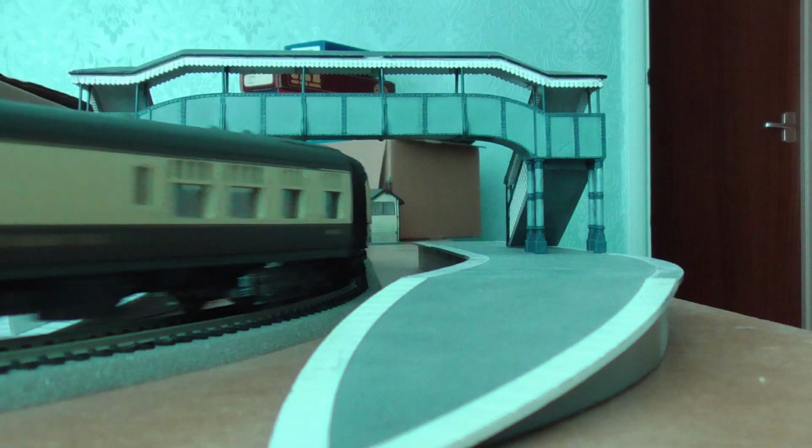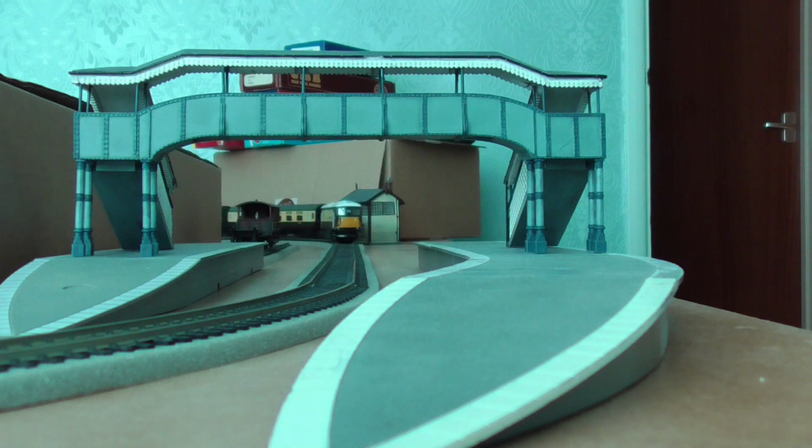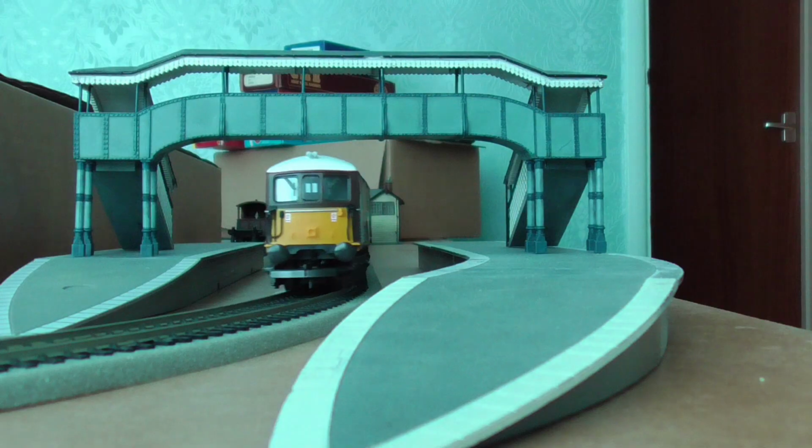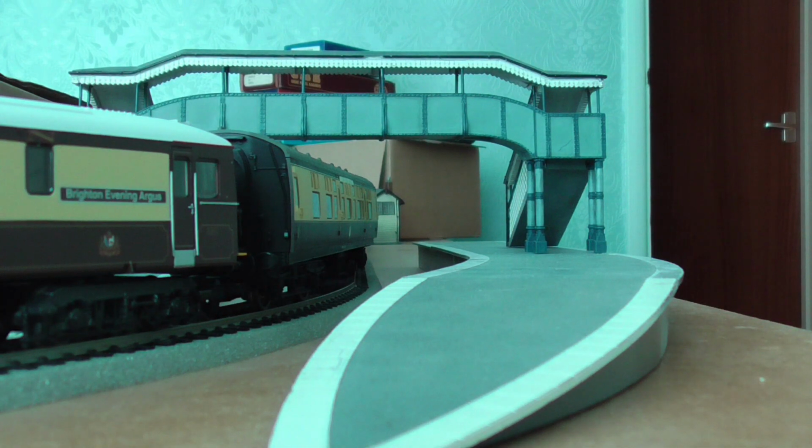One more time. So there you have it. Class 73 electro-diesel